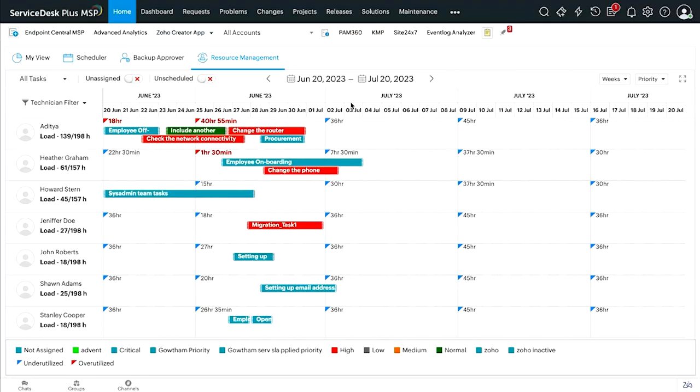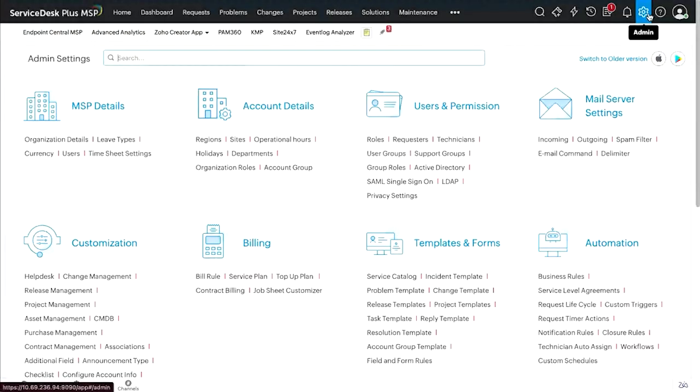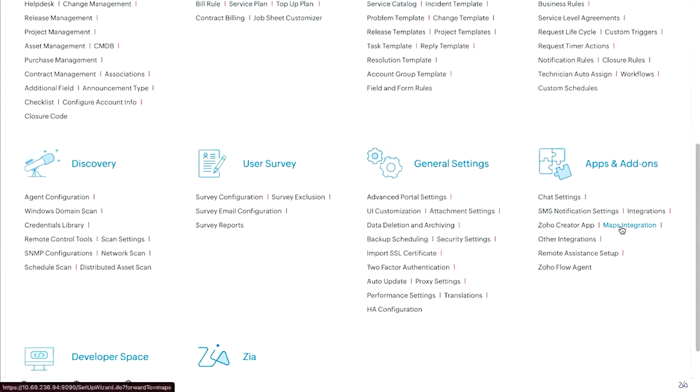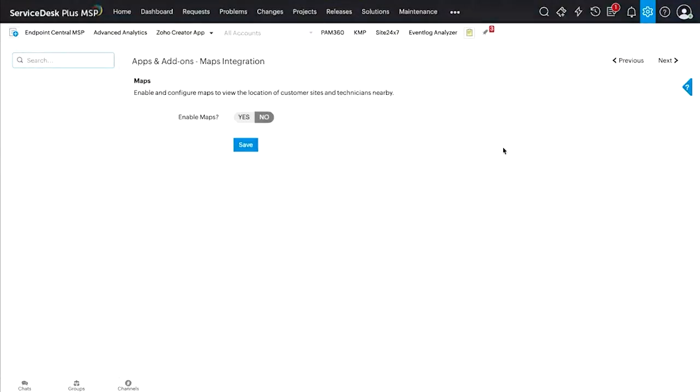Now, apart from this, as I mentioned earlier, you would also have certain technicians who are working on site, right? So how do you ensure that the availability of your on-site technicians is also managed accurately? Well, that can be done with the help of a maps integration that we have in the product. So under the admin tab, under apps and add-ons, we have maps integration. Now, once you enable this feature,